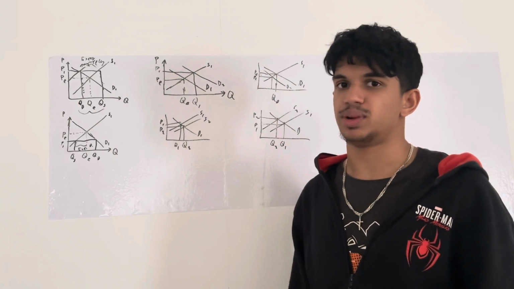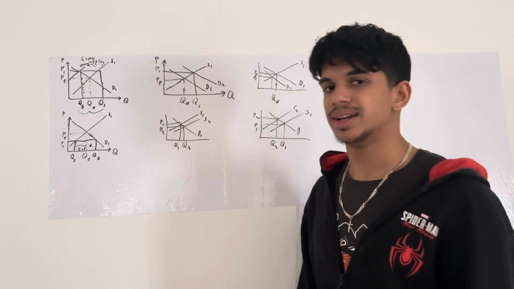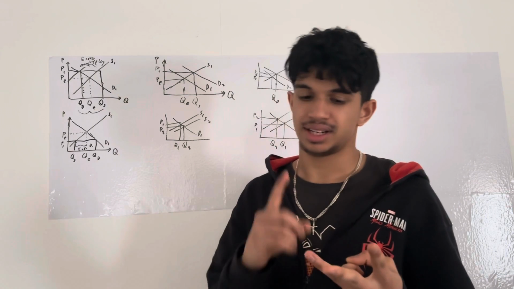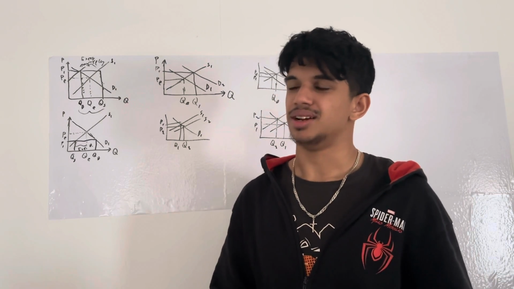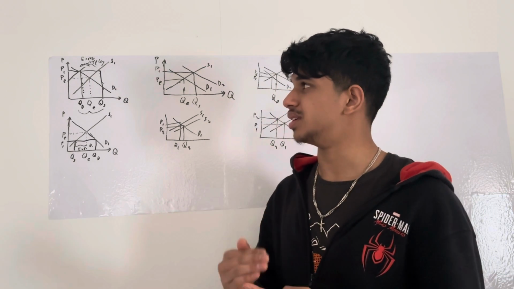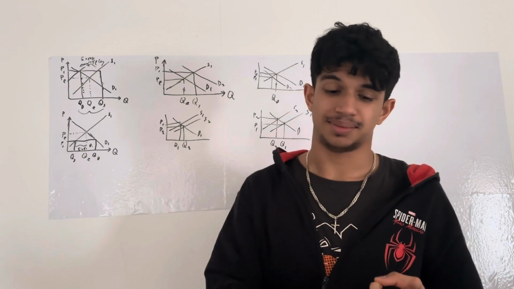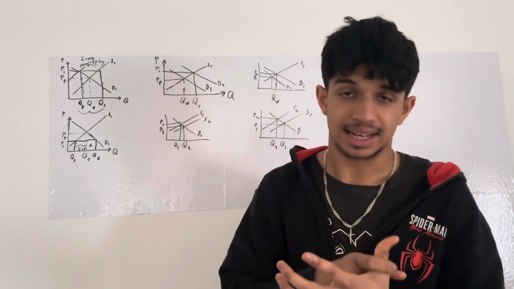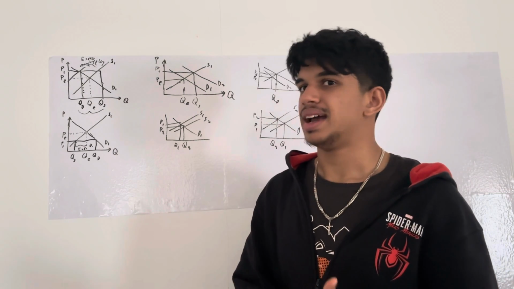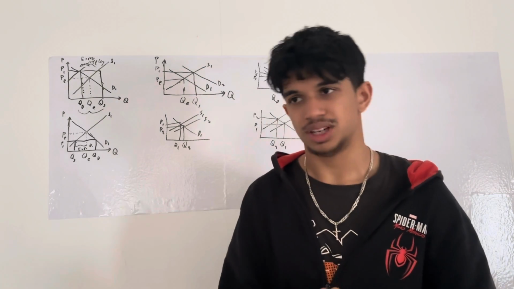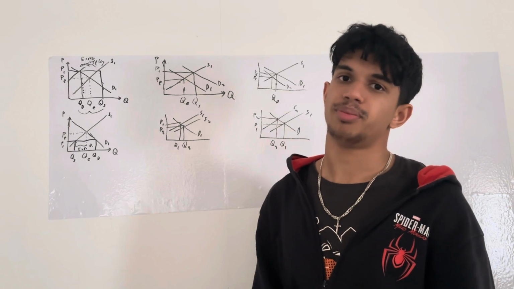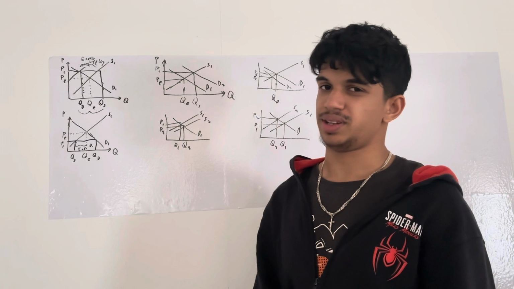Okay, now to summarize what I taught you in this video, and I hope what you learned. Hope you learned the difference between movement and a shift. I hope you learned about what excess supply and excess demand is. Hope you also learned what happens when you deviate from the equilibrium. I hope you understand why we reach the equilibrium,